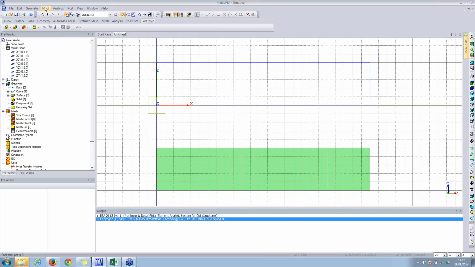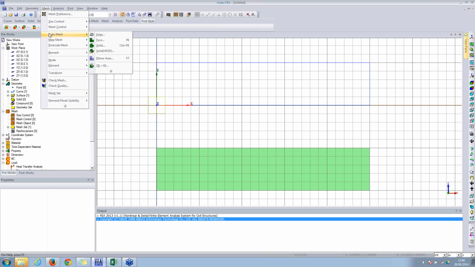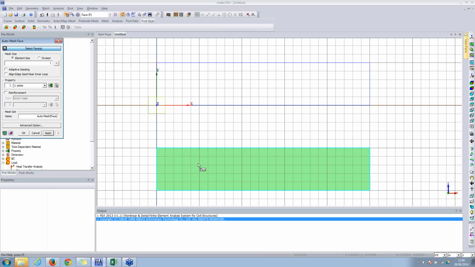Okay, so now what we do is we've got mesh options. I'll quickly go through a few of the mesh options, starting with auto mesh, which is a quick feature where you select the geometry. If it's a face, we select a surface or a face, and that face gets converted into a series of plate elements. So if I select face and select this face,